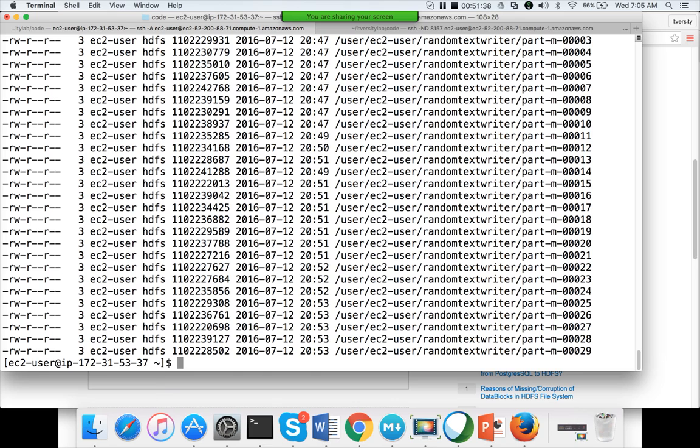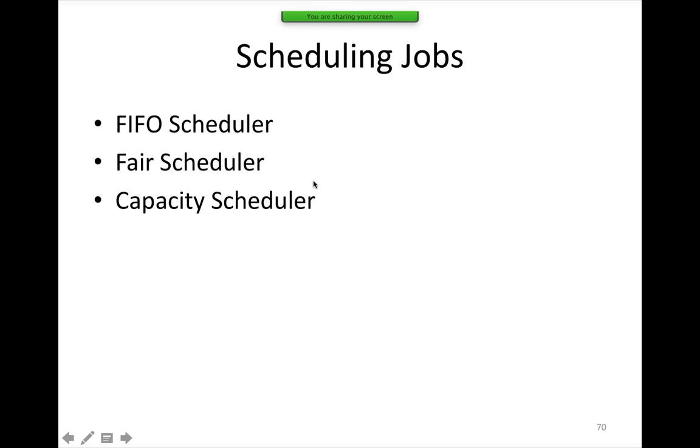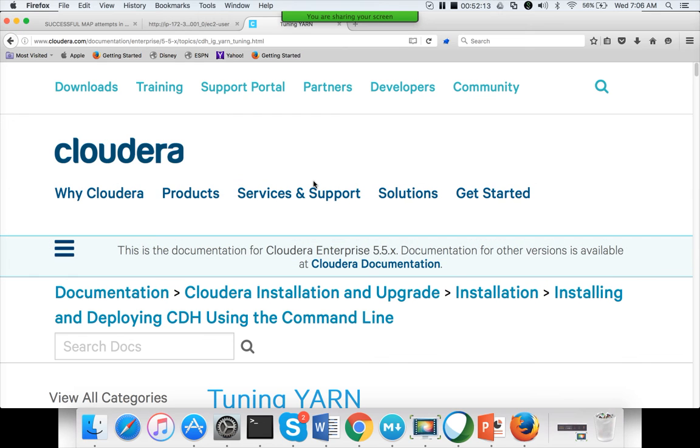So now let me start the whiteboarding, and first I will explain the FIFO scheduler. The FIFO scheduler will not be used in production environments. Even in development environments, no one uses it. It's only to learn, to set up clusters and practice MapReduce. It is the default scheduler in Apache Hadoop. When it comes to the distributions, the fair scheduler is default for Cloudera and the capacity scheduler is default for Hortonworks. You can confirm which scheduler is used by going to the parameter files.